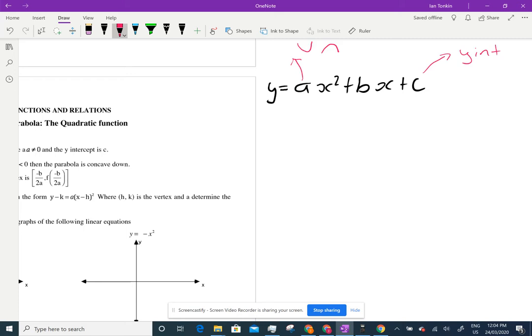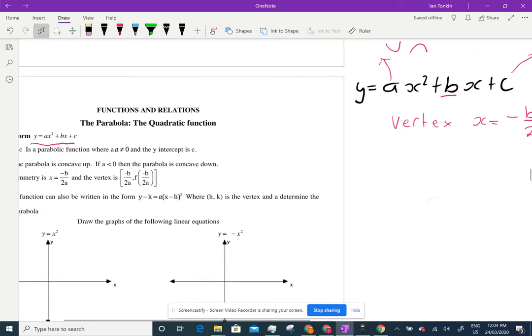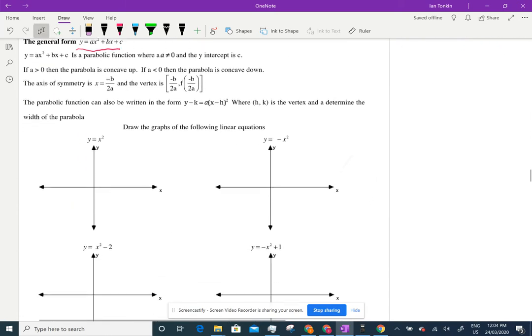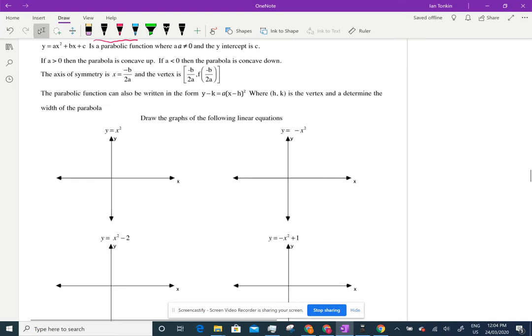And the vertex will be when x equals negative b, so whatever that number is, change the sign, over 2a. And we'll do the quadratic formula and roots in a minute. But first, let's have a go at some of these easy ones. So the first one,